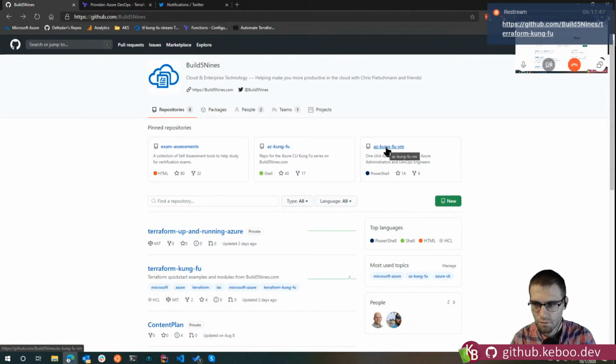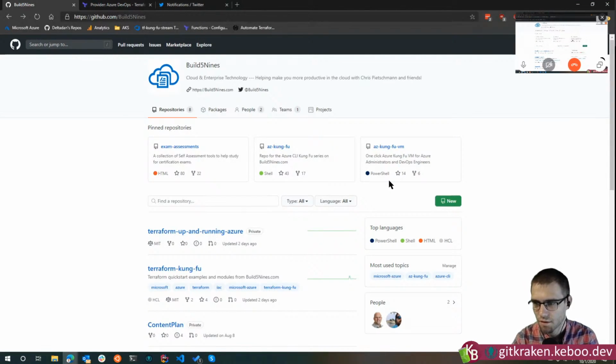It's got the CLI. We set it up with Windows Subsystem for Linux. It's got Terraform. It's got Kubernetes, like kubectl. It's got all kinds of tools on it, right? Oh yeah, nice. Which is pretty cool.